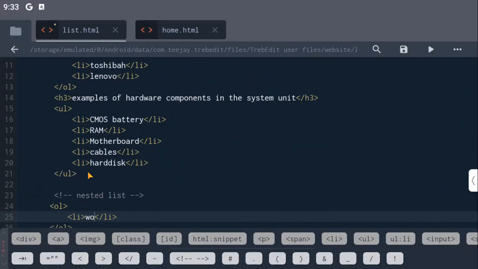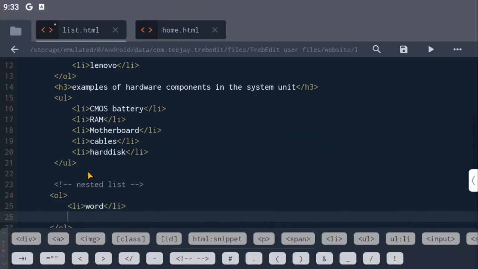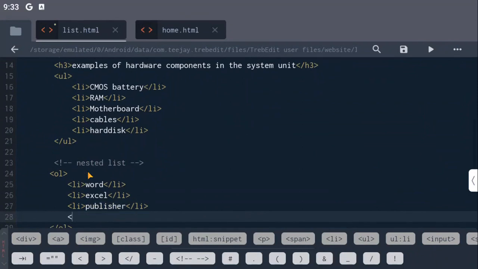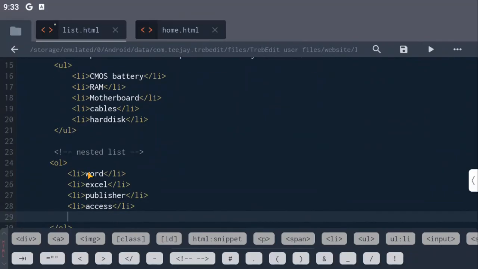Maybe we have Word, Microsoft Word. We have Excel, which we have looked at. We have another one, Publisher, and maybe lastly is Access. And